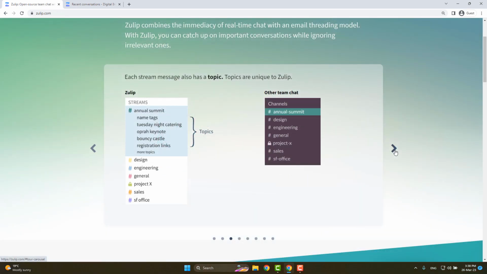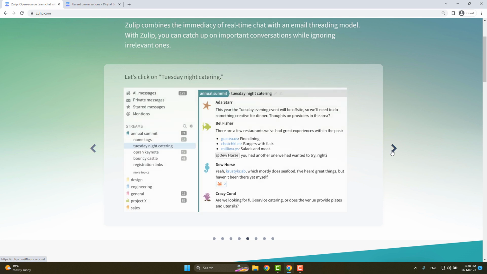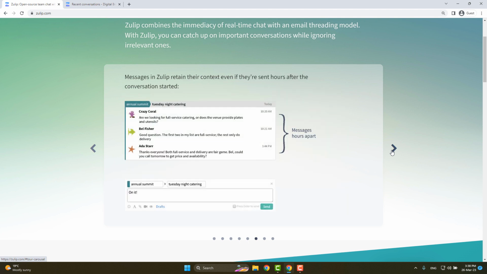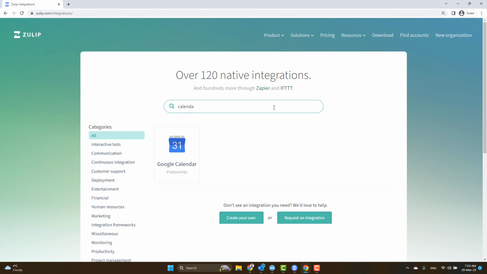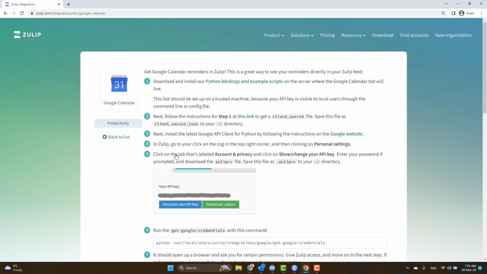However, unlike other messaging platforms, Zulip organizes messages by stream and topic, making it easier to keep track of conversations and stay focused on specific topics. Zulip offers a number of powerful features to help teams stay organized and collaborate more effectively, including the ability to move messages between streams and topics, extensive configuration options for notifications, and a powerful full-text search to help you find what you need quickly and easily. It also has extensive integration capabilities, allowing it to seamlessly connect with other tools and services.